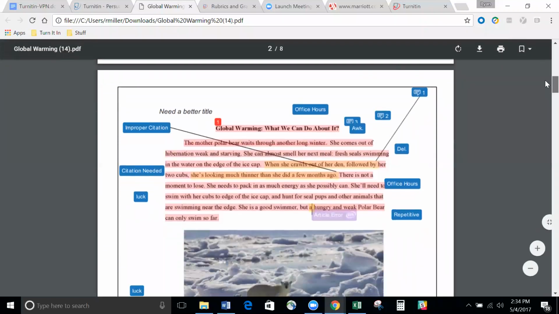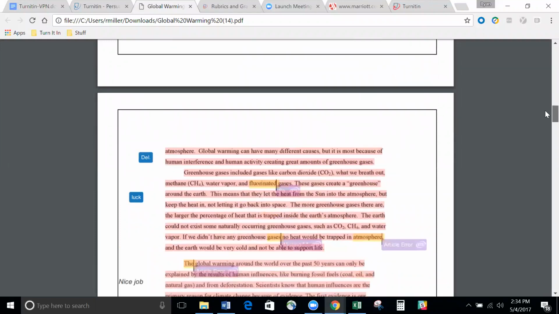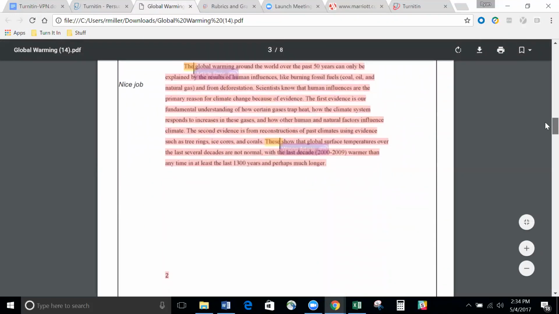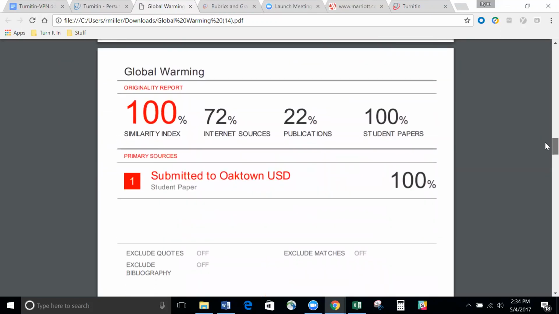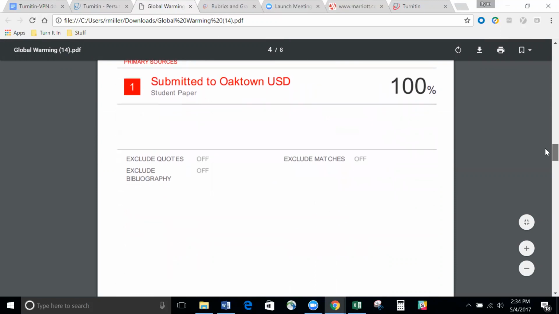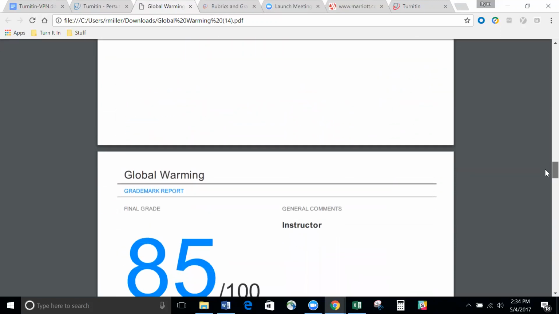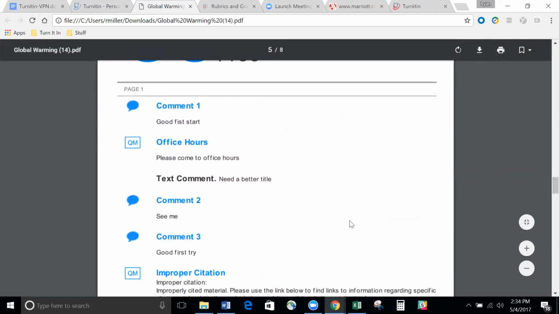And here's my paper with all of my comments, all of my ETS Rater errors, all included, as well as the similarity. So a student can open this up, an instructor can open this up. It'll give you all of your matches, let you know what you match to, what percentages to internet sources, publications, or student papers, any of your exclusions that you've chosen on the assignment level. Here's our grade along with all of our comments per page,